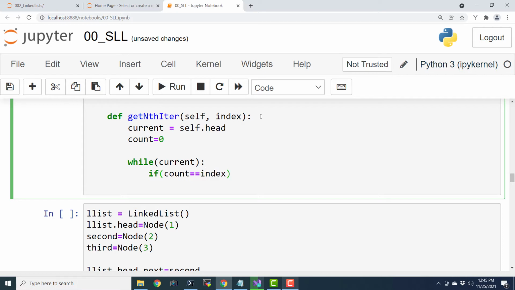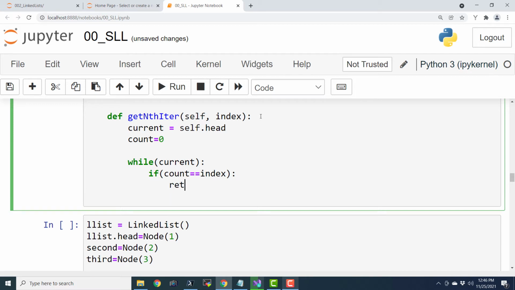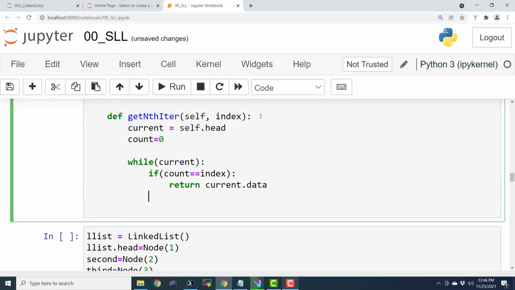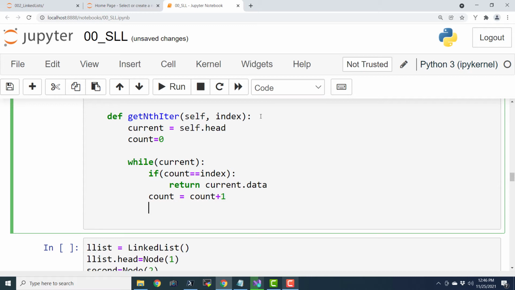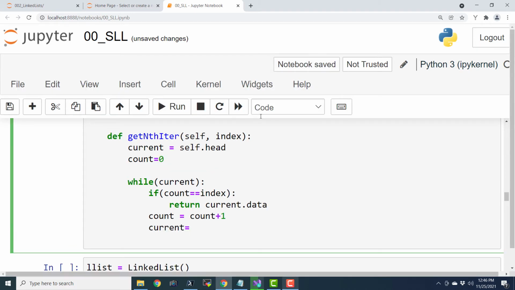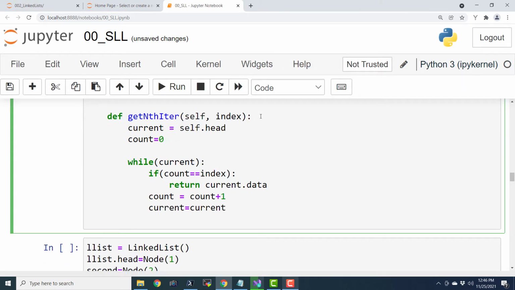So this is where we are keeping track whether we have reached that particular index, and then return current dot data, and count equals count plus 1. So here we are incrementing the count, and finally we are reassigning the next pointer. So current equals current dot next.